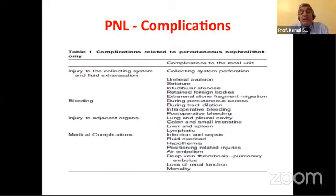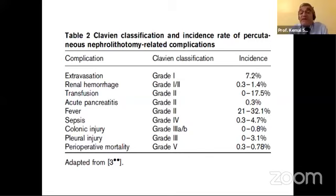When we evaluate the complications, here you see injury to the collecting system and extravasation during the procedure, bleeding, injury to the adjacent organs, namely the colon and other organs neighboring the kidneys, and also some medical complications: infection, sepsis, fluid overload, or hypernatremia can be encountered. When we evaluate these complications with respect to the Clavien classification, you see we may encounter grade 1 to grade 5. That means mortality can occur, but we know the severe complications, including mortality, are really rare,